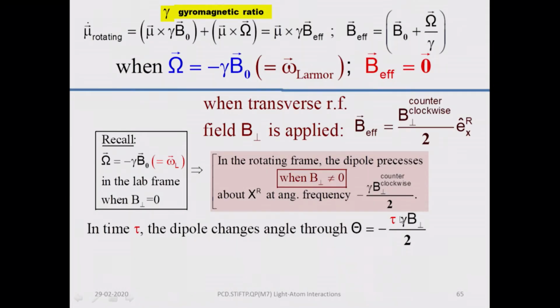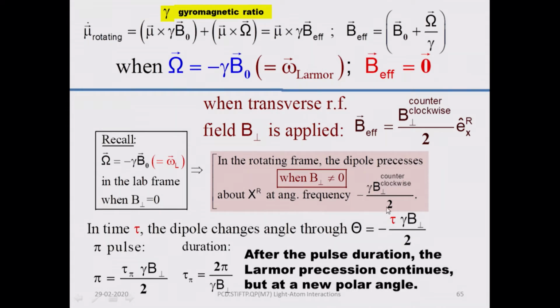Depending on the pulse duration, which is tau, the dipole will change through an angle theta, which is this duration times gamma B over 2, the angular frequency. For example, if you have a pi pulse, then this duration tau, subscripted by pi, corresponding to the pi pulse, will have to be 2 pi over gamma B. In that much duration it will tilt through an angle pi,